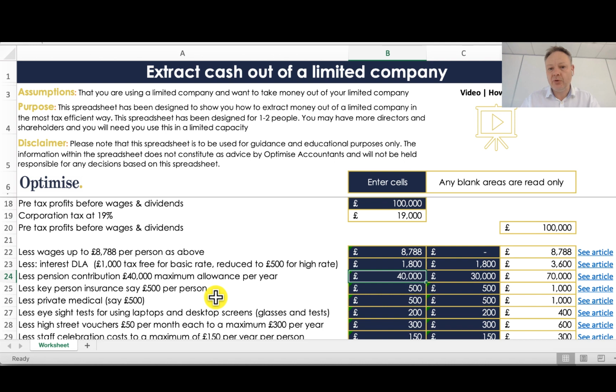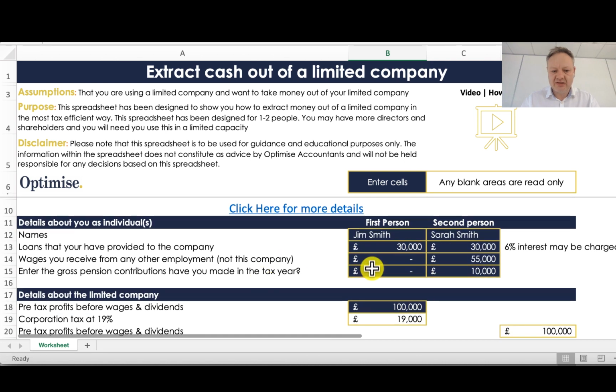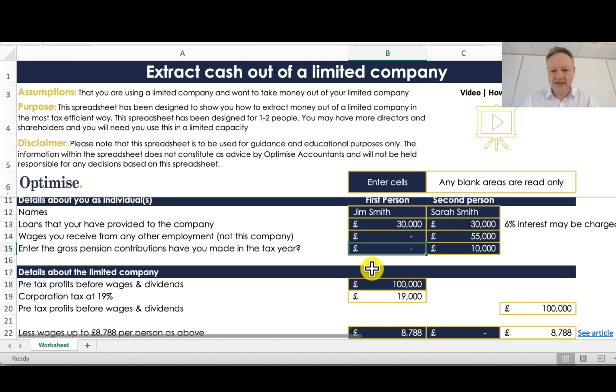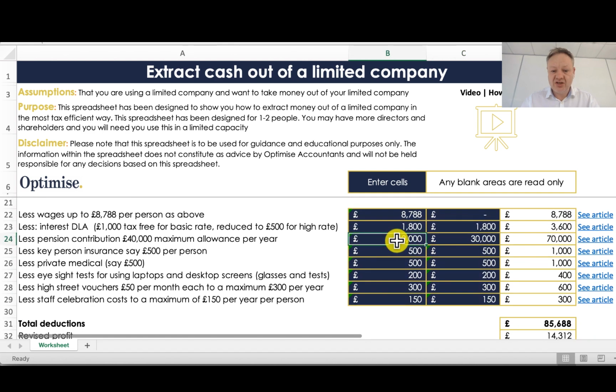This spreadsheet will help you as well from a pension contribution perspective. As we've entered some details at the top, we're going to say, well, how much pension contributions you made to date. Sarah's made 10,000, as we said before, and Jim hasn't. Now, that means that Jim can make £40,000 pension contributions gross, and Sarah can contribute £30,000 because it's reduced by